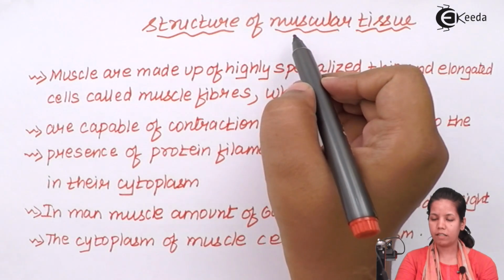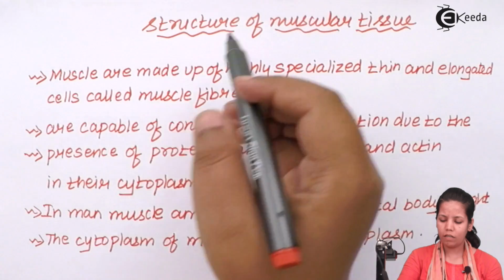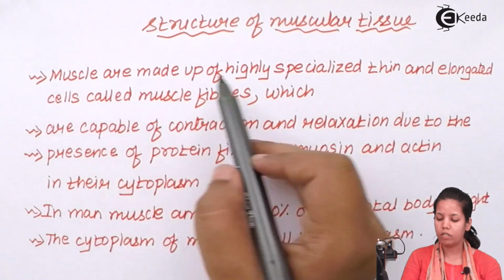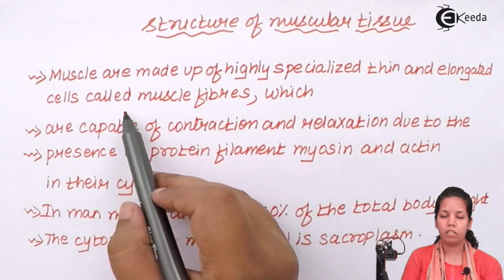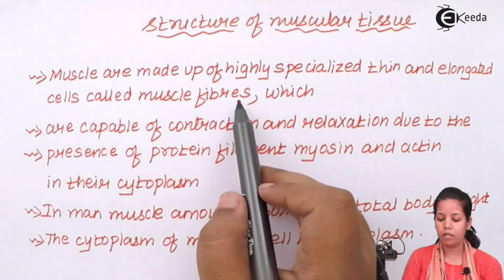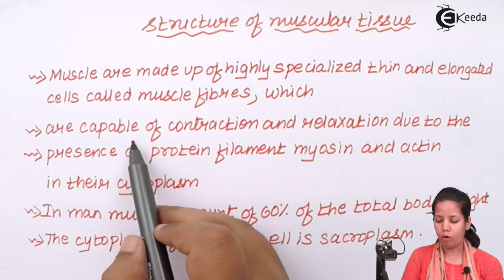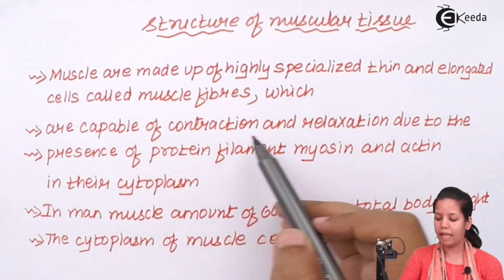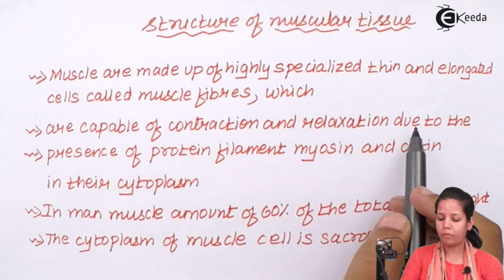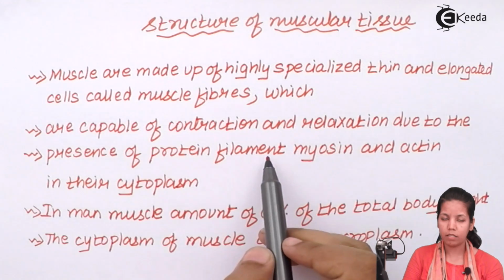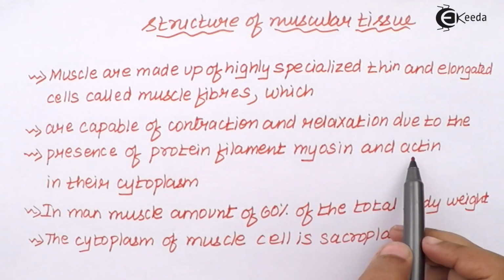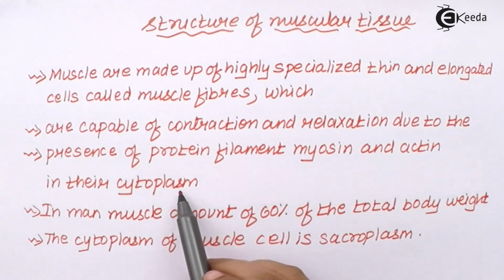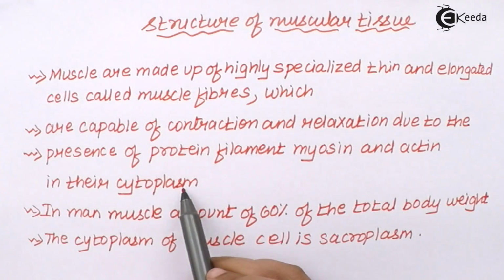Structure of muscular tissue. Now muscular tissue or muscles are made up of highly specialized thin and elongated cells which are even termed as muscle fibers. Now they are capable of continuous contraction and relaxation due to the presence of protein filaments which are myosin and actin. Now myosin and actin proteins or fibrils are present basically in their cytoplasm and